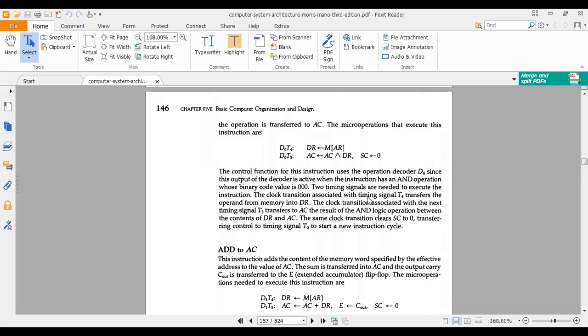So that may be considered as B data. A data is already in the accumulator.